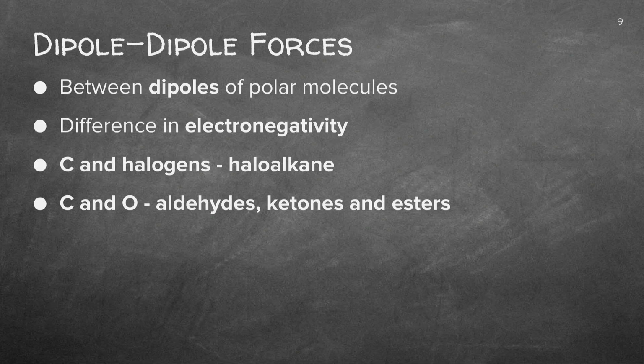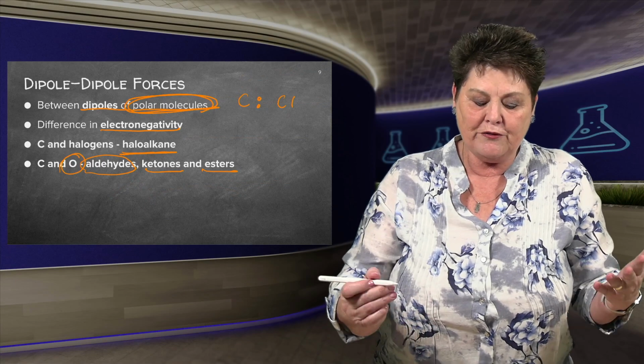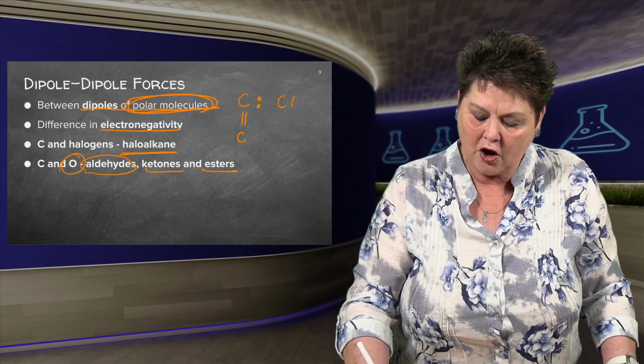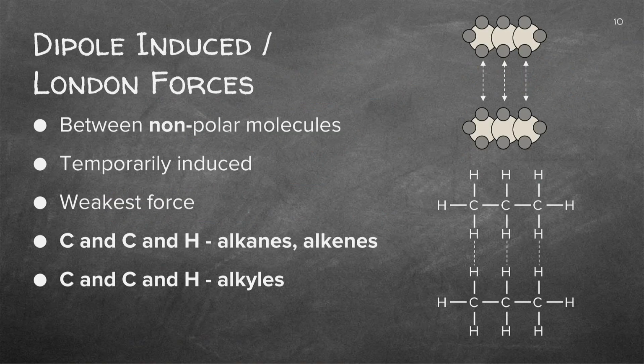So you need to know that because you're going to apply that principle now. A dipole-dipole is between dipoles. It's a polar molecule. It means the electron is somewhere near some other functional group. It's got a difference in electronegativity, and we usually find it in haloalkanes, as I drew it there, or in an aldehyde, a ketone or ester, where you've got your oxygen. Remember, the hydrogen is not important here. We've got the carbon with either the oxygen or the halogen, and you find it's a dipole, meaning there's a difference in the electronegativity.